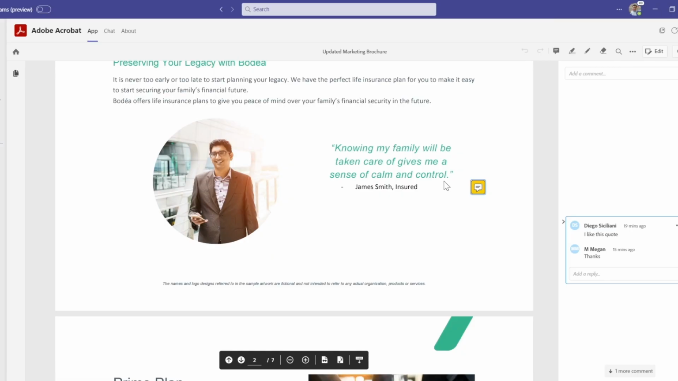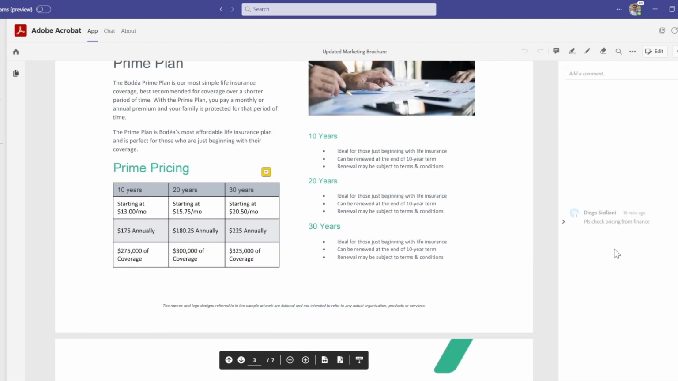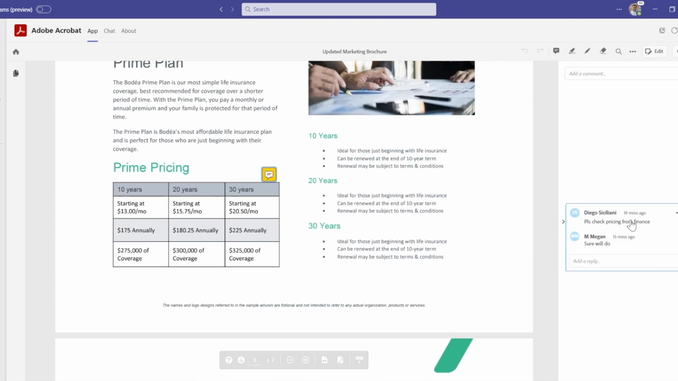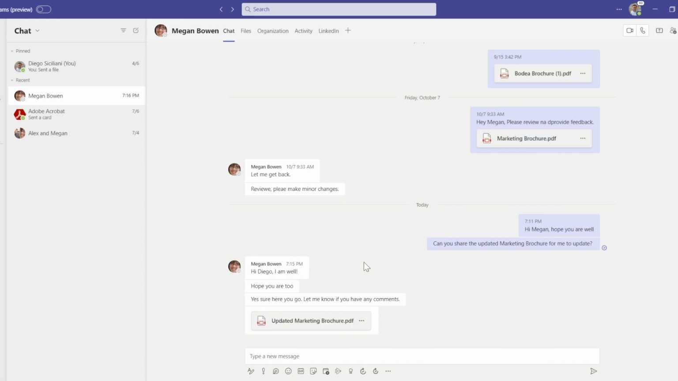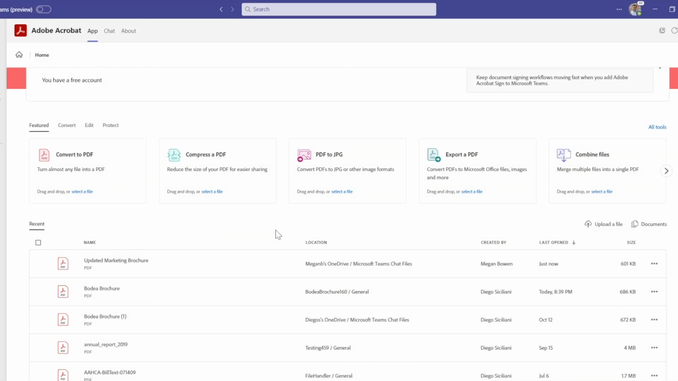So coming back to Diego's view, what you can see is that Diego is able to see the responses that Megan has given to his comments. And as you can see, this is then quite an effective tool for collaboration. And once Diego closes the PDF viewer, he's taken back to his chat, which is where he had actually come to the document from. In addition, Acrobat for MS Teams app has a home page that gives users access to